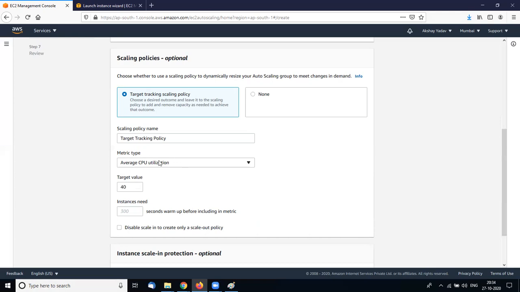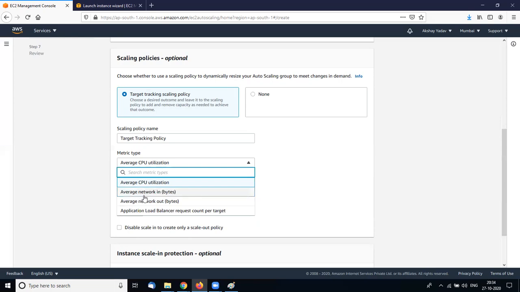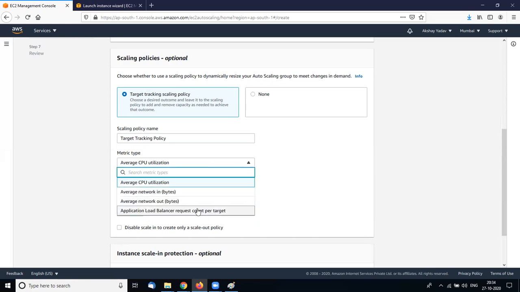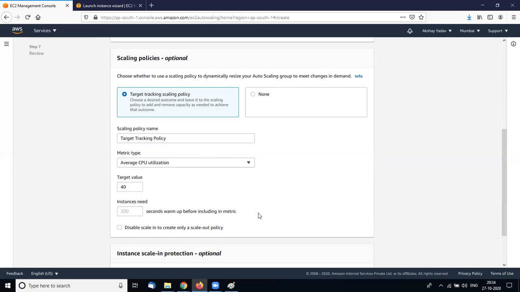This is the metric. Always remember, interviewers always ask about your metric type or metric value in interviews. The metric types are CPU utilization, network in and network out, and load balancer request count. The load balancer is used for websites.